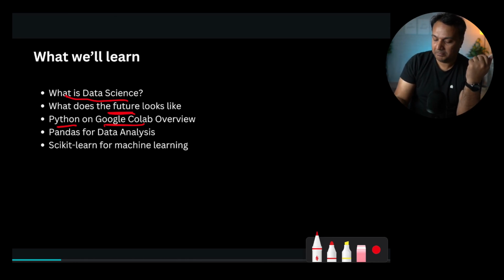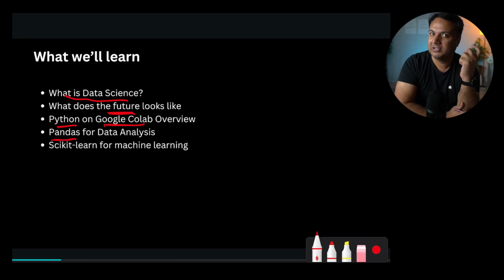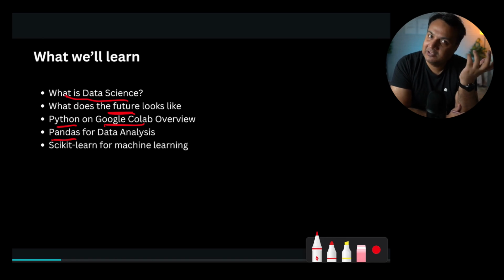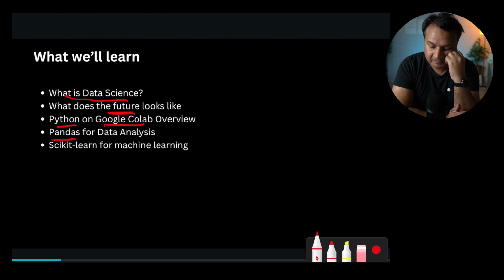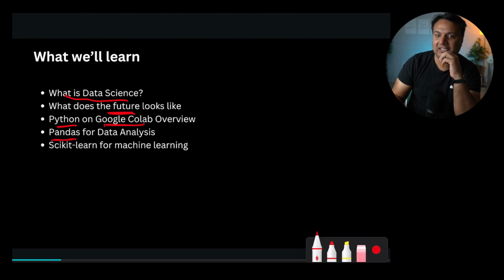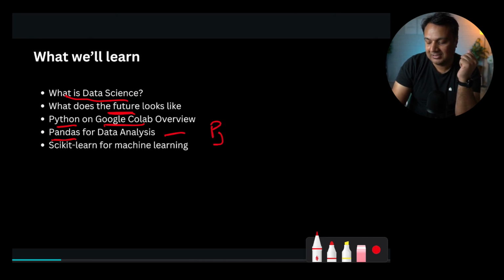Then we'll be looking at Pandas, which is the first Python library which we'll be exploring in detail. What is a library? I'll touch on that in a minute. But Pandas essentially, you can think of it as Excel in Python. So Pandas is basically Python's Excel.